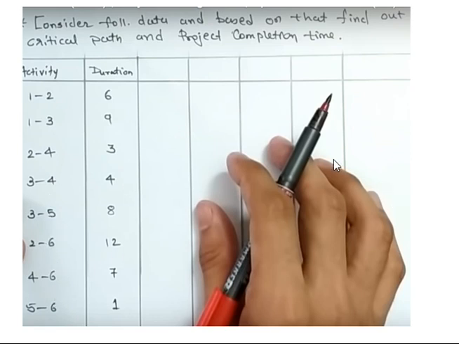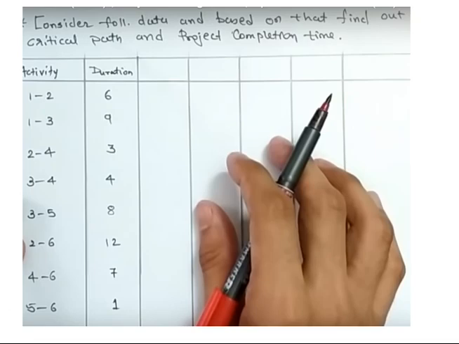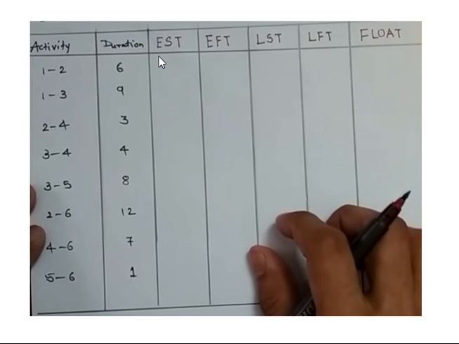So based on that, if you want to calculate some float values, that means if you want to calculate the total float, you should know the values LST, EST, LFT, EFT, all those values. To calculate all those, first you need to construct the network diagram. Once you know the procedure to construct a network diagram and you are able to find the critical path or critical activities, then you will need to draw some more columns in addition to these two columns that have been given in the question. That we are going to show.